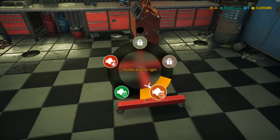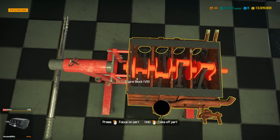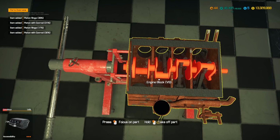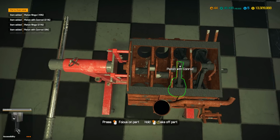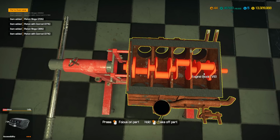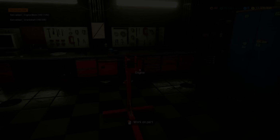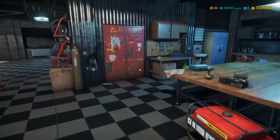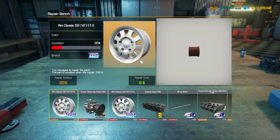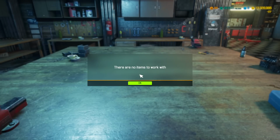Get these pistons out of here. See what's left of... Yeah, there's hardly any really retained in here with any rod caps or anything like that. Get them out. Yeah, not a single one. They were just sitting in here. Then we can pull out the crankshaft and pull off the engine block and see what we can repair. A lot of it's pretty far gone,